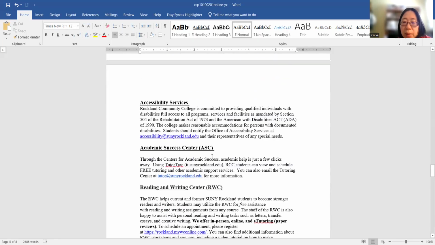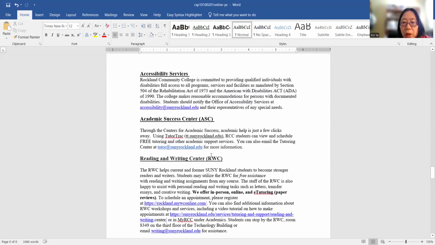Accessibility office. If you have an accommodation letter, you can send it to me. Because every project we have a month to do, so probably we don't need much accommodation letter. We have the testing center, tutoring center to help you. If you need help, you can go to the tutoring center. The tutoring center offers tutor help, face-to-face tutor, and also online tutor. So you can schedule a meeting with them if you want.